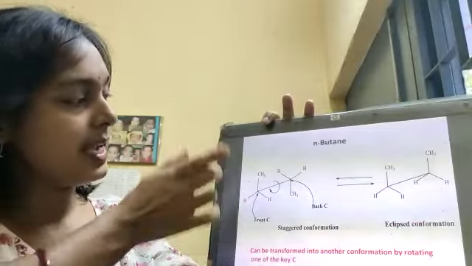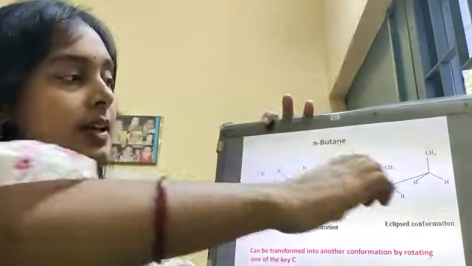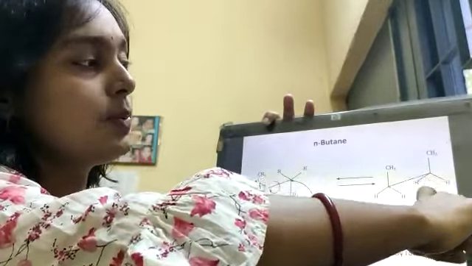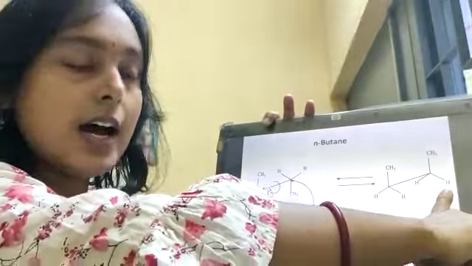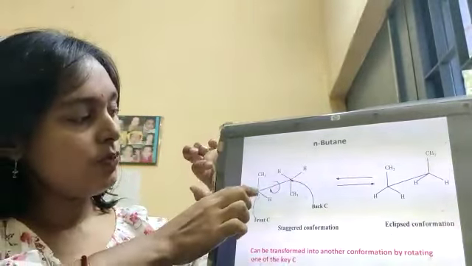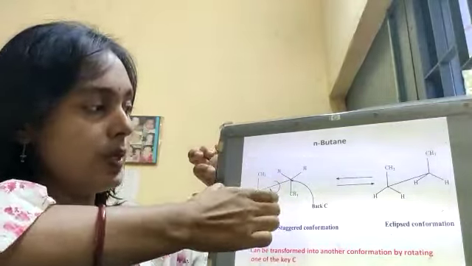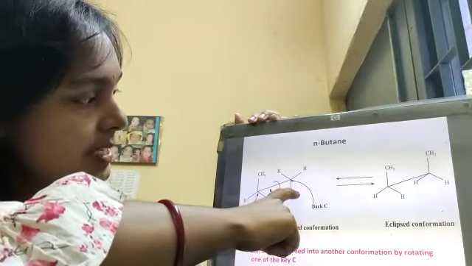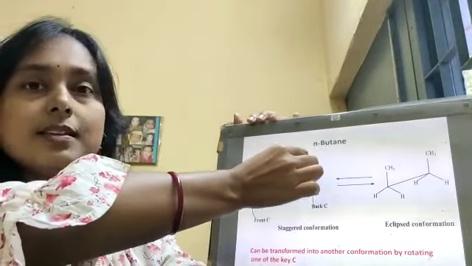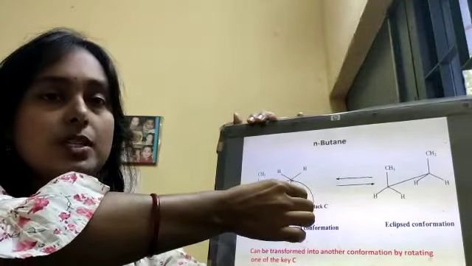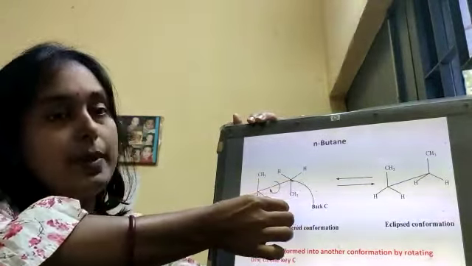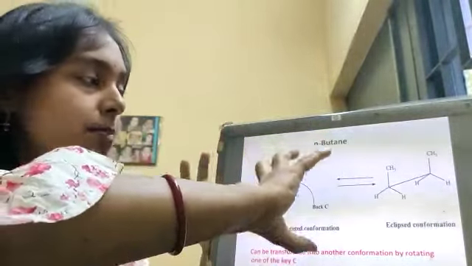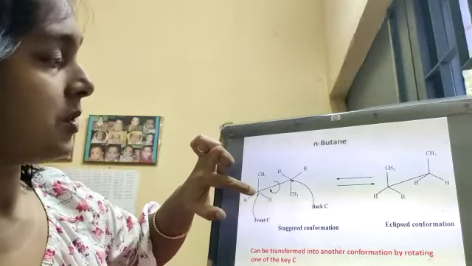In which way? See that CH3, H, H, these three groups are at the same position, but here the positions of CH3, H, H are being changed. In which way? If we rotate that single bond clockwise or anticlockwise, then see that CH3 can be upward, hydrogen can be downward. Contemporarily, this hydrogen will again be rotated. So as a whole, these three groups can be rotated with respect to the three groups of that carbon.